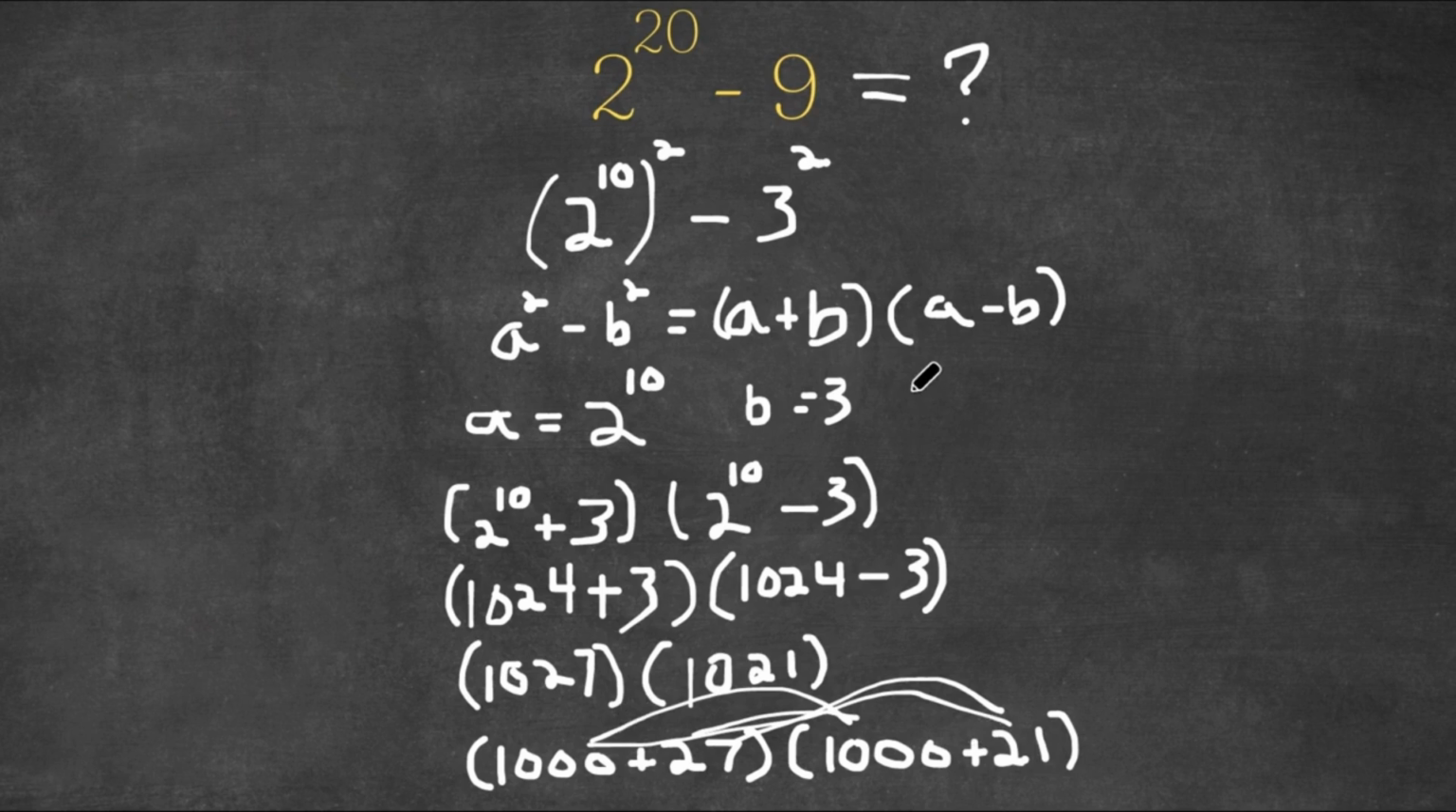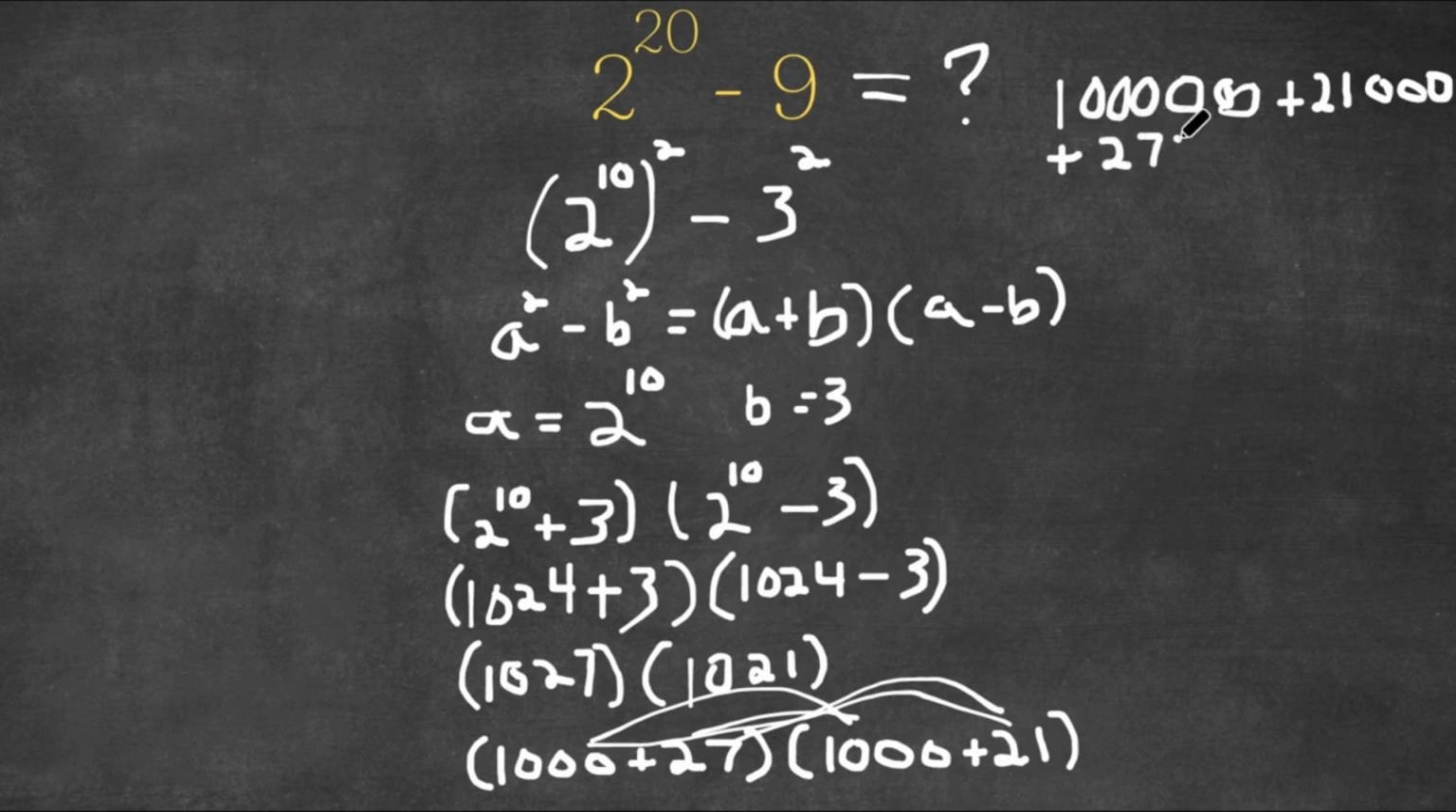Now 1000 times 1000 is 1, 0, 0, 0, 0, 0, 0, plus we have 21 with 3 zeros, plus we have 27,000, plus 567,